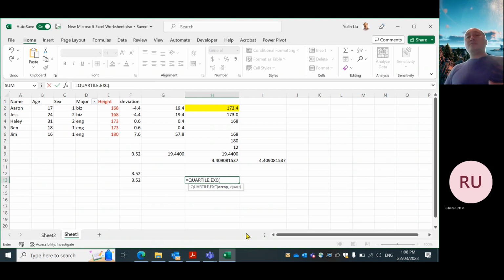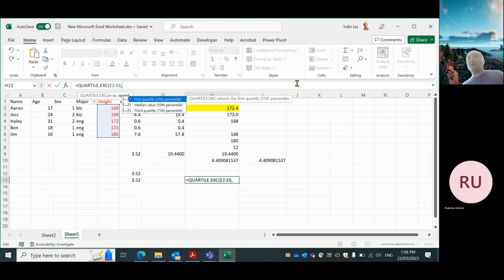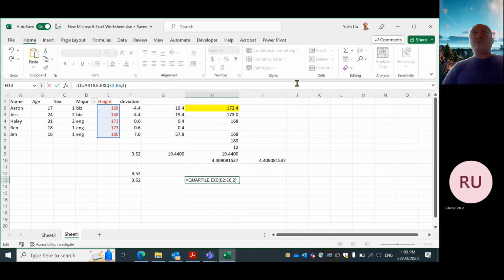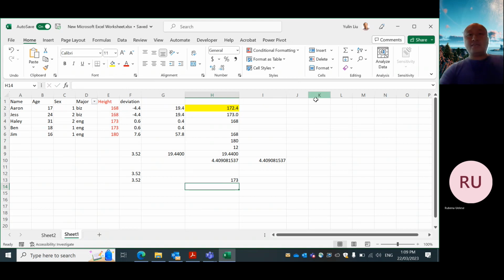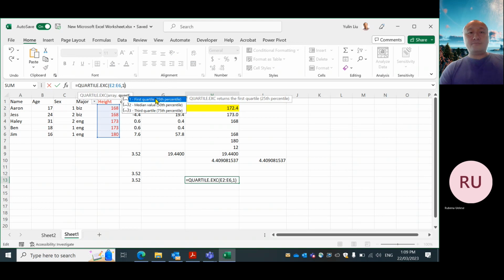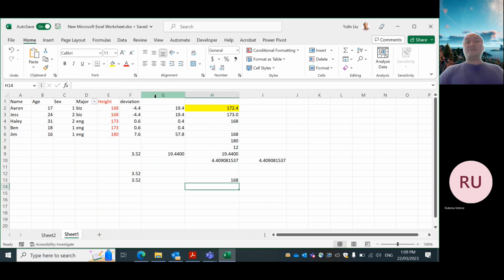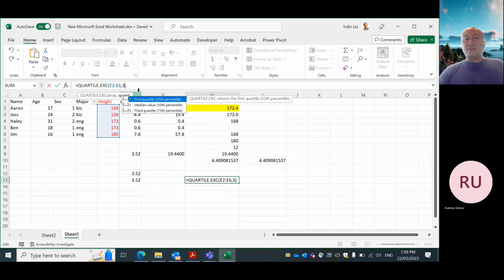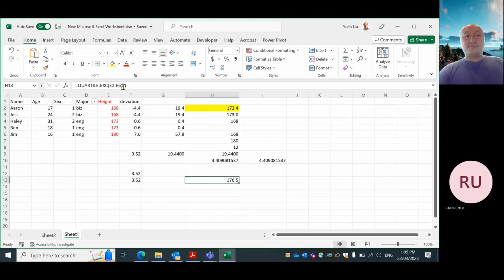You have to tell the function what your data set is. For me, it's E2 to E6. And then comma, you have to tell Excel which quartile you're after. We have three quartiles. If you want the second quartile, which is the median, you put 2 here, which we know will be the median, 173. If you want the first quartile, you put a 1 there after the comma. Get the first quartile, 168. And for the third quartile, you put a 3 there. You put anything else, you get an error. You put a 5 here,